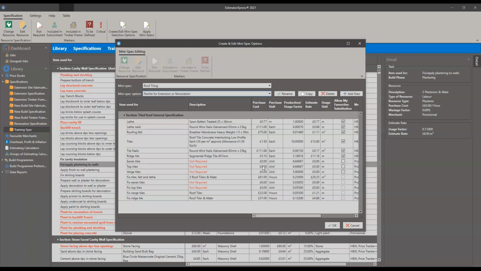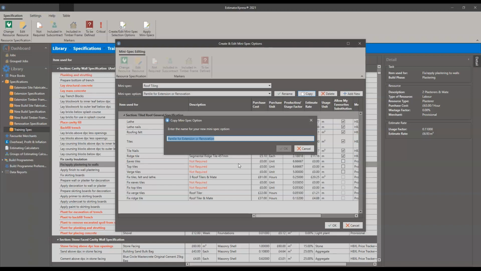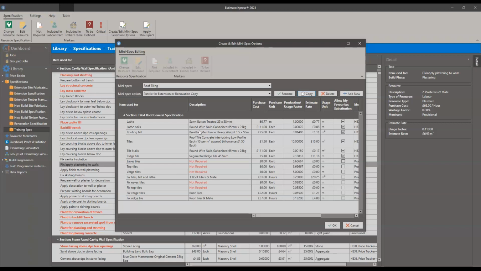If you ever do feel that you want to create your own mini spec instead of editing the ones that are already here, you can copy an existing mini spec and make changes in there so you can add it to the library. Bricks being an example where you add in an increment of brick at, say, 87 pence, or a different type of brick. Some people changed the name of the reclaimed brick to yellow stock after adding that resource into the